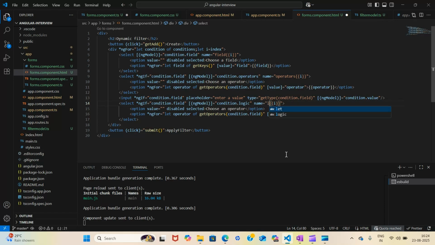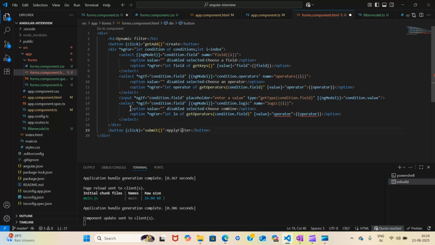This should be logic, choose combine. I don't know why to add this.